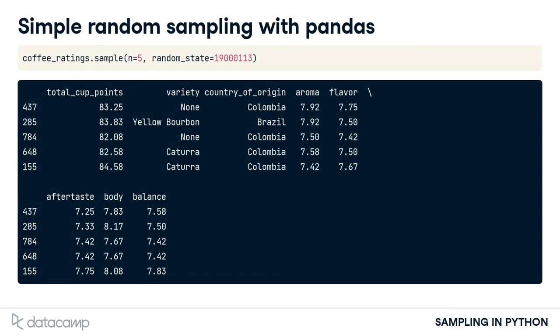We've already seen how to do simple random sampling with pandas. We call .sample and set n to the size of the sample. We can also set the seed using the random state argument to generate reproducible results, just like we did with pseudo-random number generation. Previously, by not setting random state when sampling, our code would generate a different random sample each